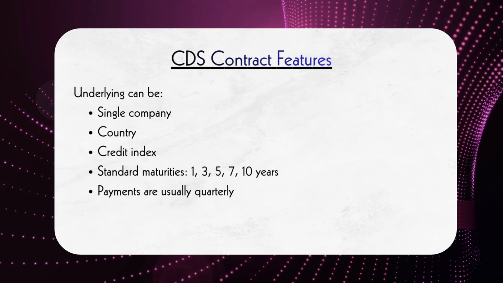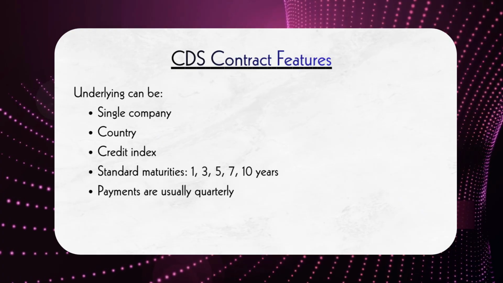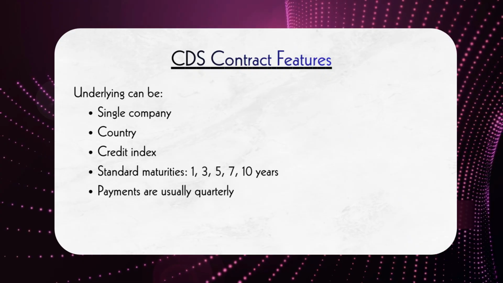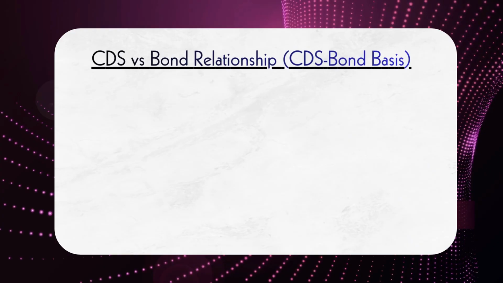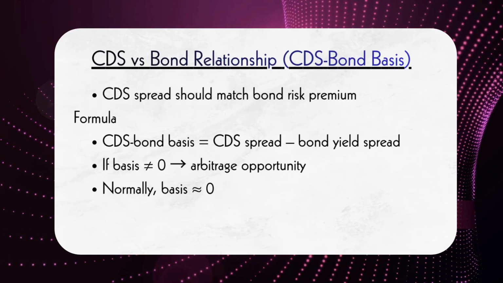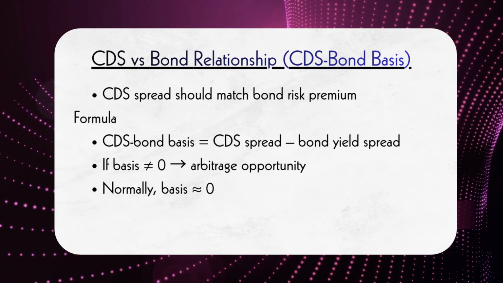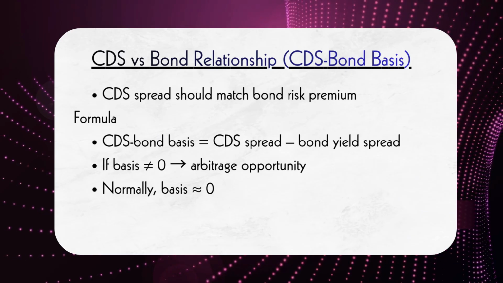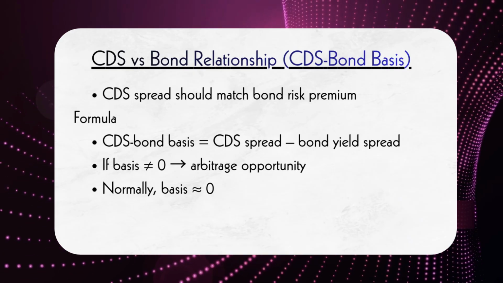premium. A CDS contract can be written on a single company, a country, or even a group of companies through an index. These contracts are standardized, usually with maturities like 1, 3, 5, 7, or 10 years, and payments are often made quarterly. Now, interestingly, the CDS spread is closely related to bond yields. Ideally, the CDS spread should match the extra yield investors earn on a risky bond over a risk-free bond. The difference between these two is called the CDS-bond basis, and in efficient markets, this value should be close